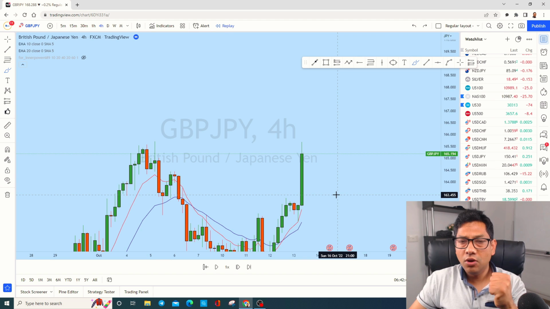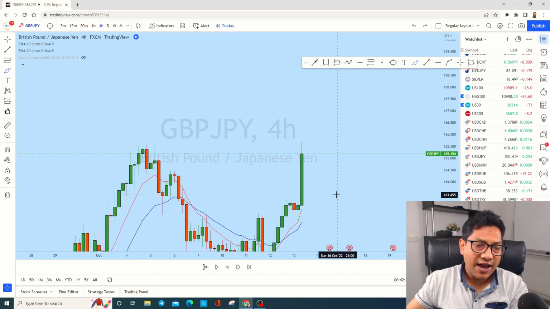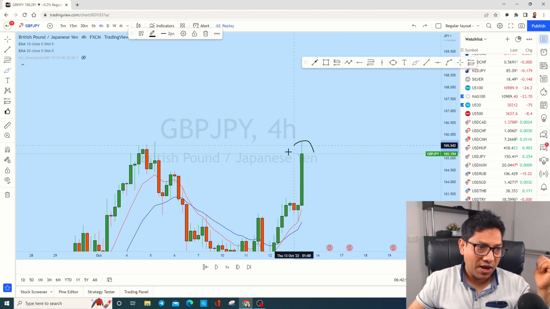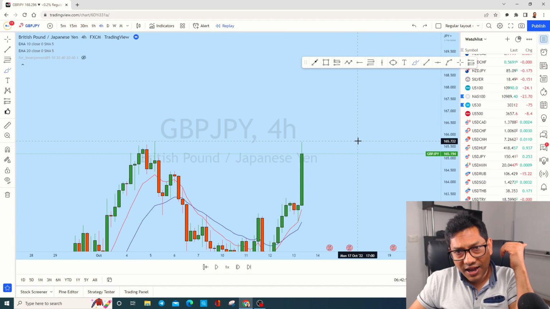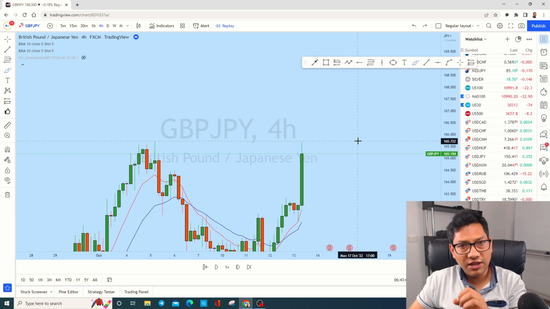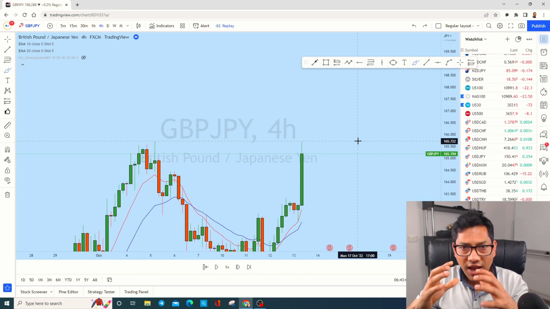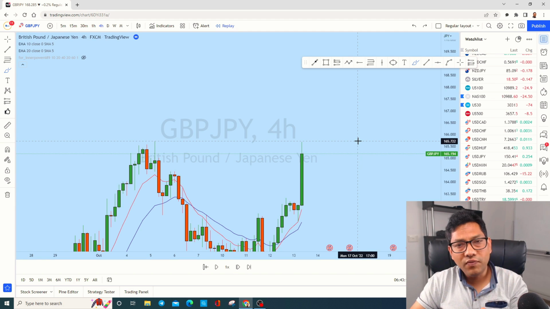Always trade with the trend, because when you see on the higher time frame, such as the 4-hour, that price is bullish, then try to find a buy entry on the lower time frame, so that if you are wrong, you can still have a good trade most of the time. And that is how you can use the higher time frame to give you the advantage in your scalping.